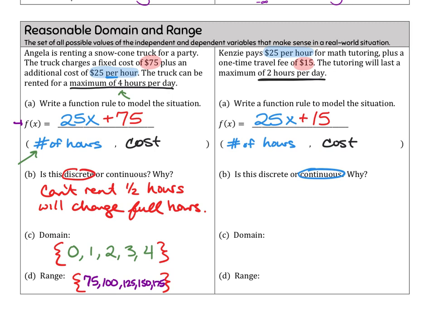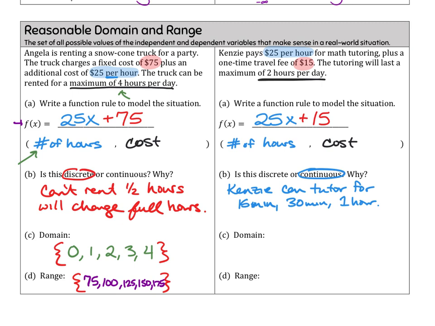Because Kenzie owns her own business, so she can charge half-hour rates. And she can tutor for 15 minutes, which isn't a full hour. She can tutor for 30 minutes, which isn't an hour, or she can tutor for a full hour. So we can take halves or quarters of our x value. If we can have fractions or decimals, then it's continuous,